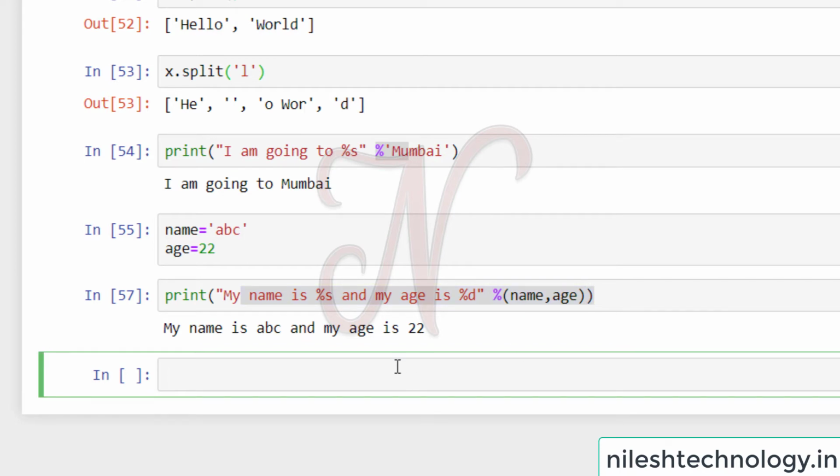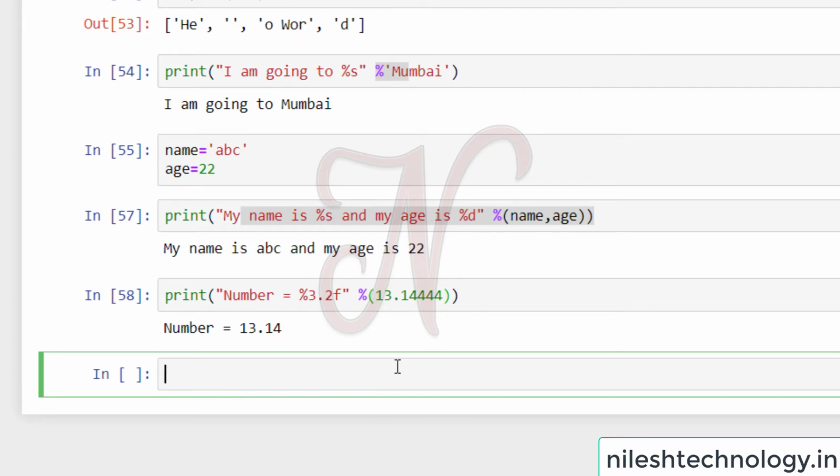This placeholder has another advantage when used with the floating point number. See here one example, print number is equal to %3.2f. Here I will pass one number, my number is 13.14444.